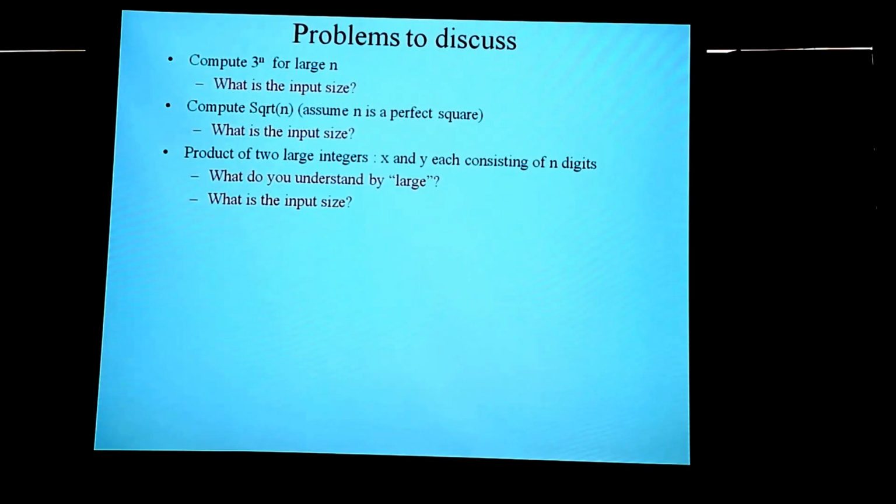N. The input size here is n. You have to store n digits or n bits. So, you need n. Input size is n in this case, and so is here. Okay?